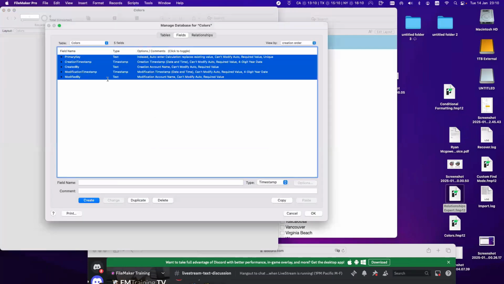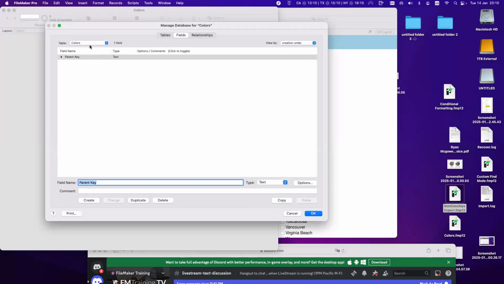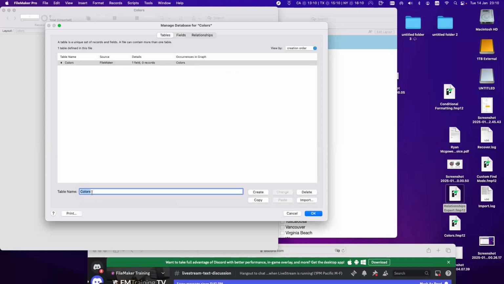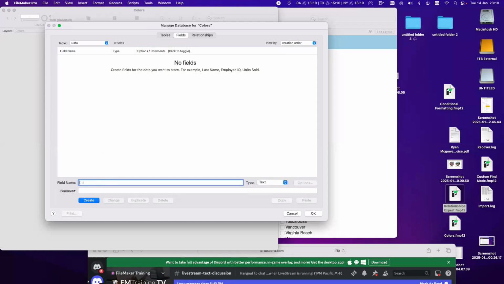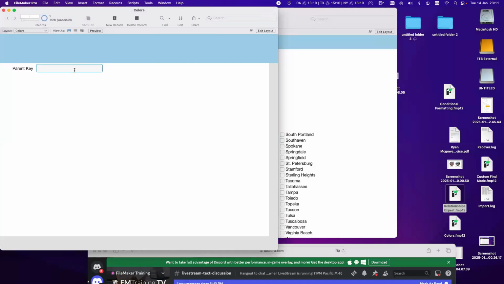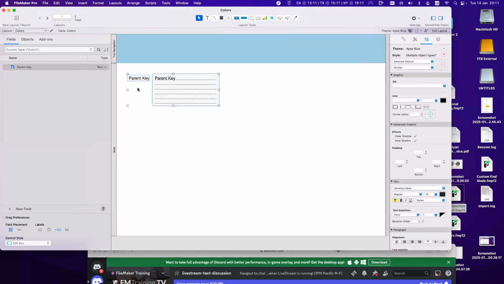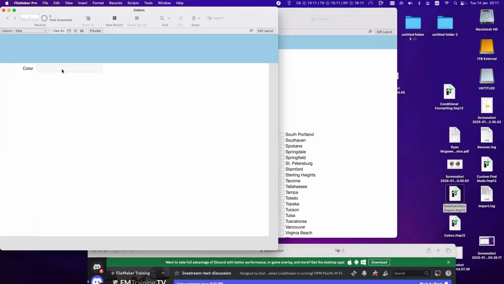So we have the parent key. Let's call it like this, right? In this table and data, you have color, right? And here you have the parent key, right? And here we say parent key with color, right? So in the parent key, here in data, we have,